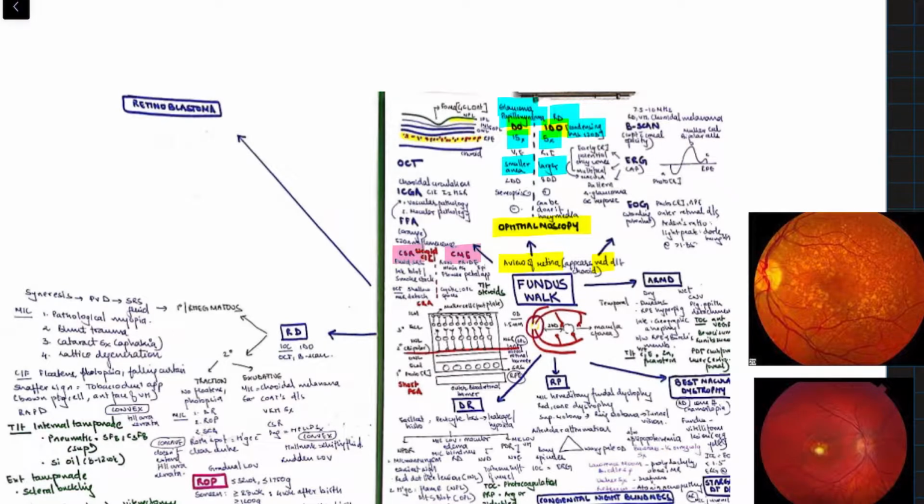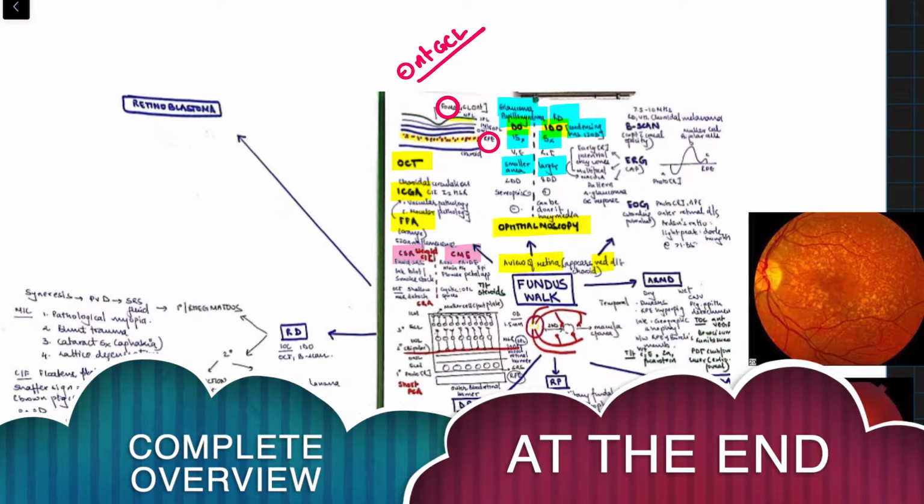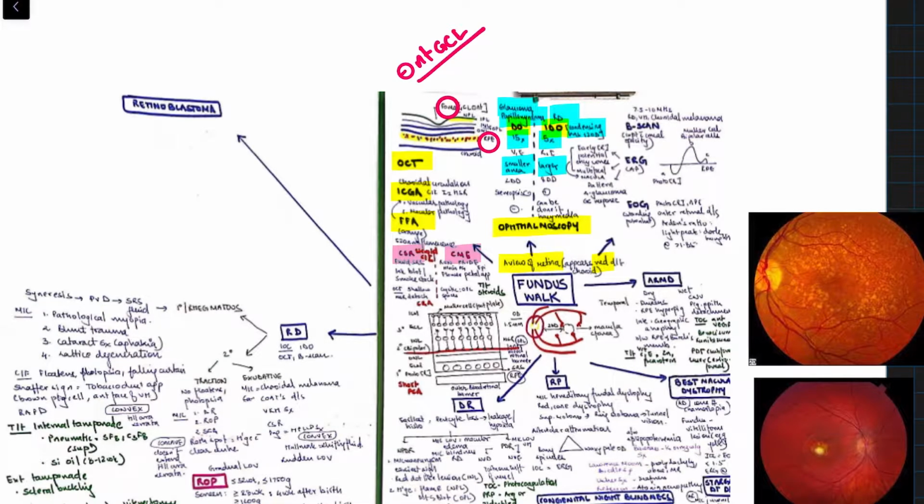Then other investigations for the retina can be OCT, which shows the layers of the retina. And remember that the retinal pigment epithelium will appear reddish in color, and in the center there will be a dip representing the fovea, which is due to the absence of the ganglion cell layer. Then some dyes like ICGA and FFA. So fluorescein angiography is by using an orange dye, and fluorescence is observed at around 520 nanometers. It is better for vascular and macular pathologies, while ICGA is better for choroidal pathologies, right?